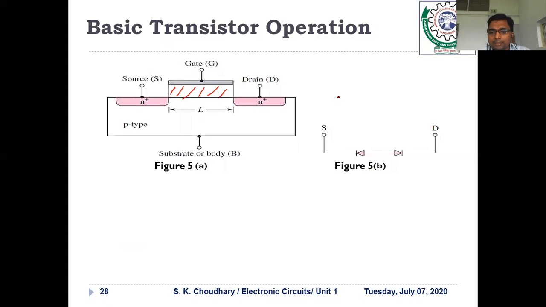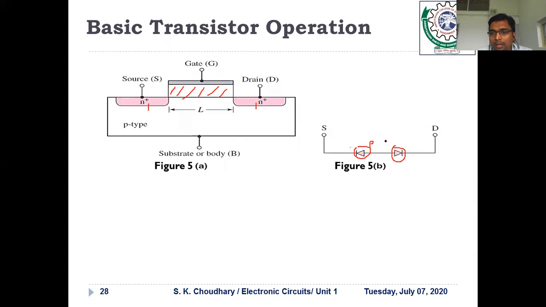And this is the second diagram, where I have shown two back-to-back connected PN junction diodes. Why I have shown this, we will discuss. You can see here there is a P and there is an N with metal, so it is one PN junction diode structure. This is another PN junction diode structure. So these are the two PN junction diode structures, and that's why I have shown them here. This is the source terminal, where this is N, and here the P is there.